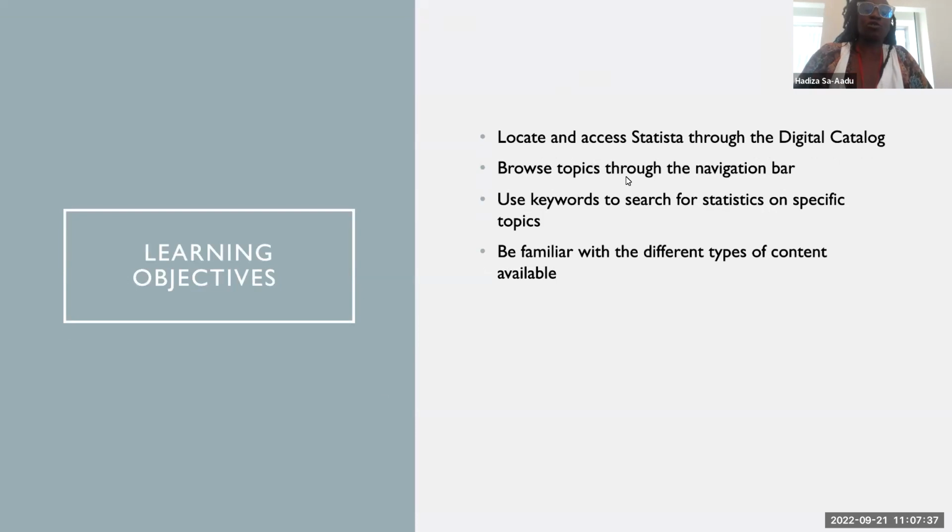Secondly, you should be able to browse topics available through the navigation bar in Statista. Thirdly, you should be able to use keywords to search for statistics on specific topics. And last but not least, you should be familiar with the different types of content that are available to you